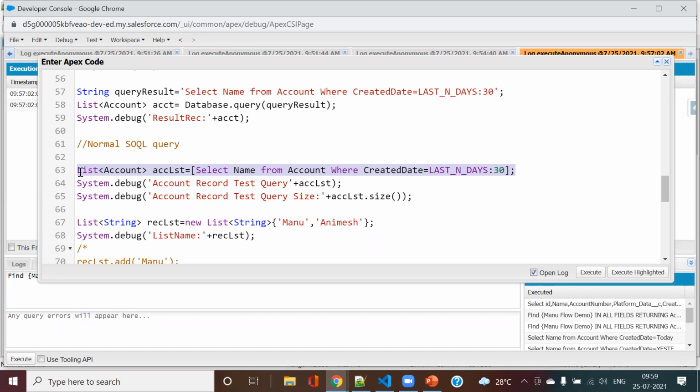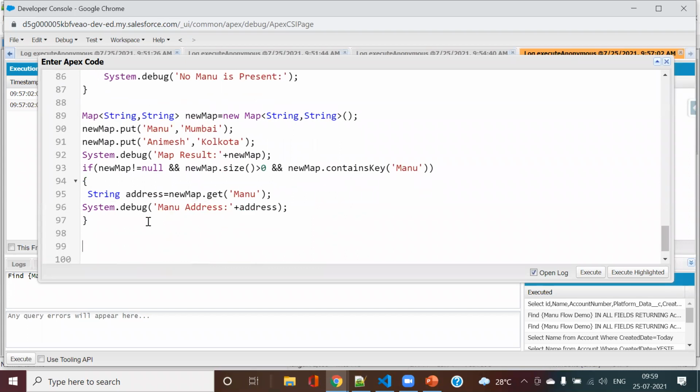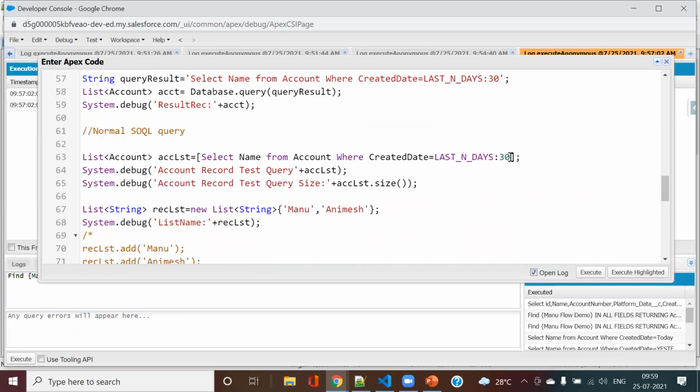So what is the better way to write a query? The better way is to go for this enhanced for loop. I will tell you how we can do it. Just write this for the name of the object that I want to query, with any variable you define, and then let us copy this query. It needs to be copied with your brackets.